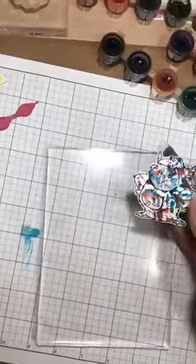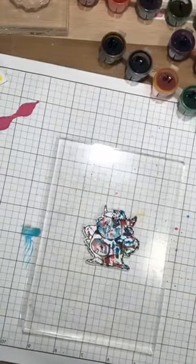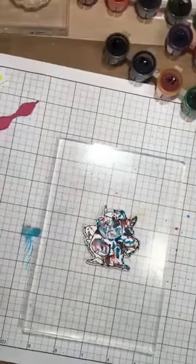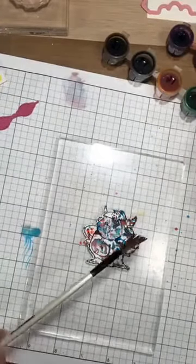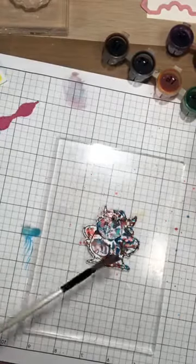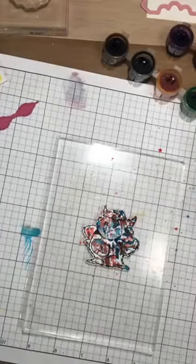Let me see. Let's use a little bit. Where's the 16? Oh, that's really orange. I don't want that. Maybe an 11. Maybe there we go. It gives it a little bit more of a dotty look than smudging it in. So we're gonna, I like him. He's super cute. I don't want too much red. And maybe